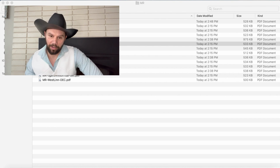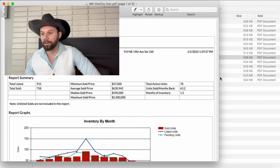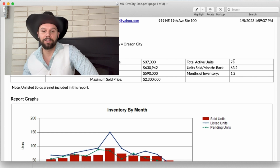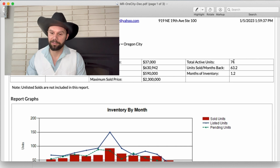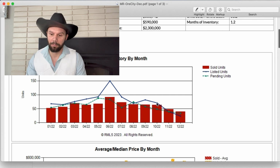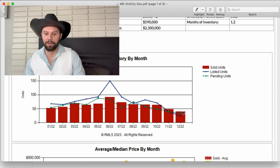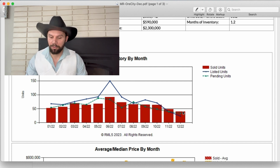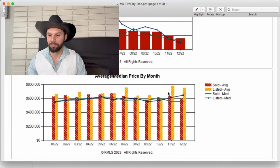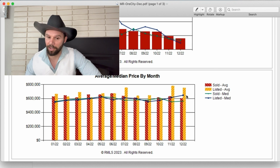All right, where should we go next? Let's continue the clock and maybe head on down to Oregon City. Let's see what Oregon City's got for us. Oh my God. Even lower inventory, 1.2 months of inventory, 78 active units in Oregon City. Wow. This inventory curve is dramatically less than we saw in Gresham. It seems a little bit more stable, but look at these discrepancies in these peaks. This is telling you that the sellers are discounting their prices a little bit more